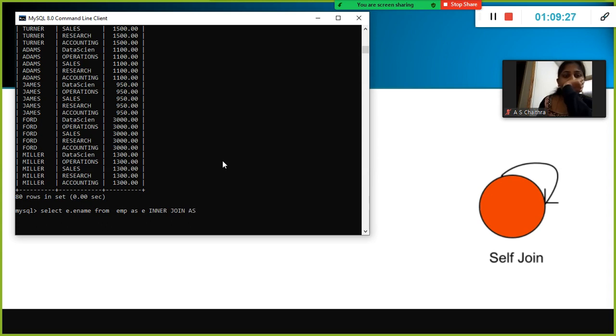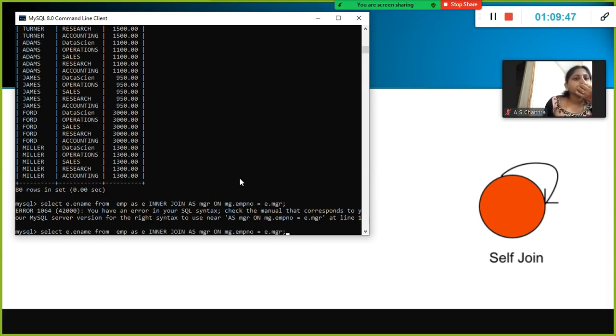And as, okay, here inner join as, it will not work. Inner join as mgr. So how will you write an inner join here? Can you tell me what mistake I made here?